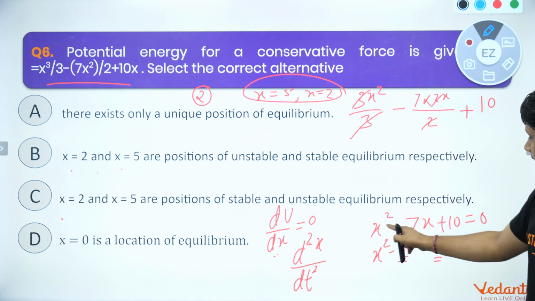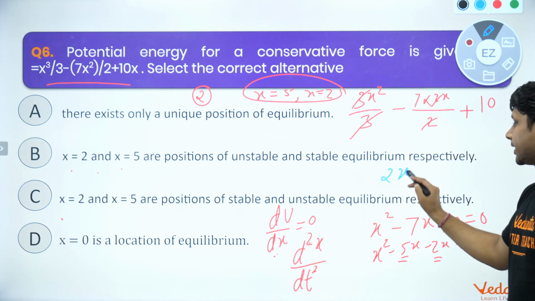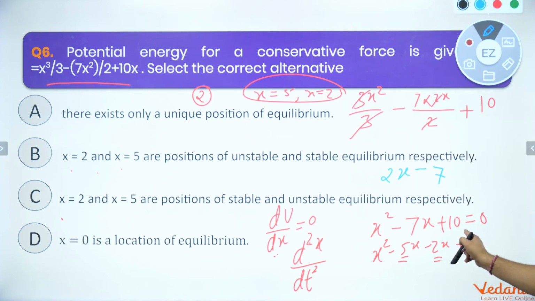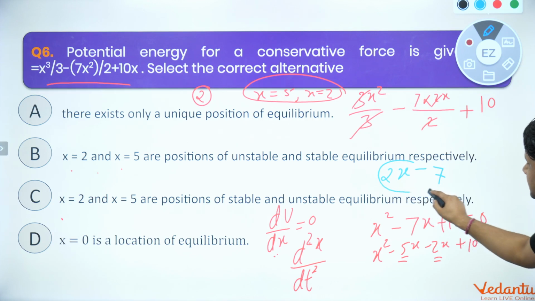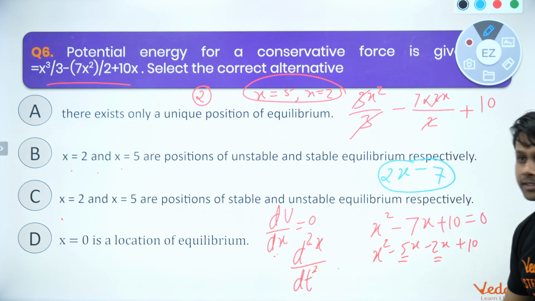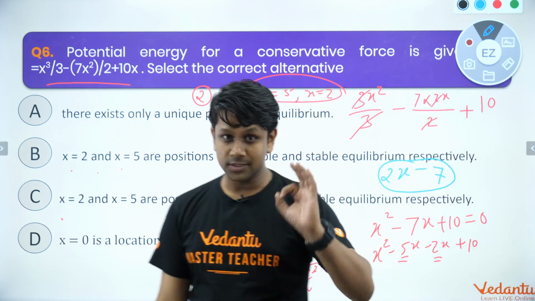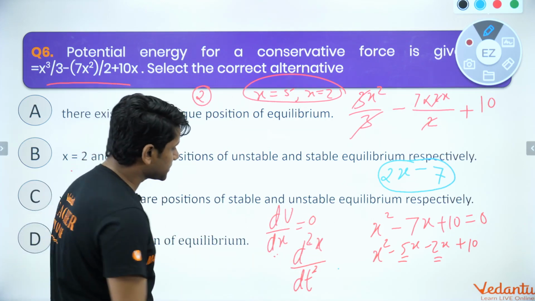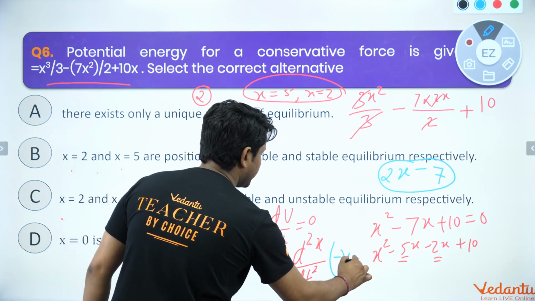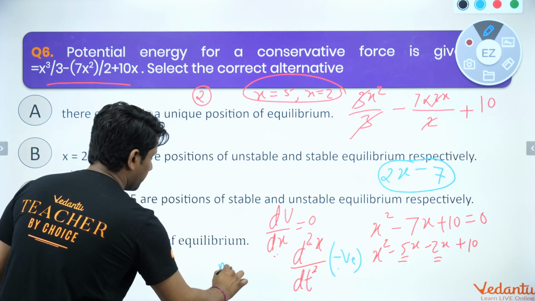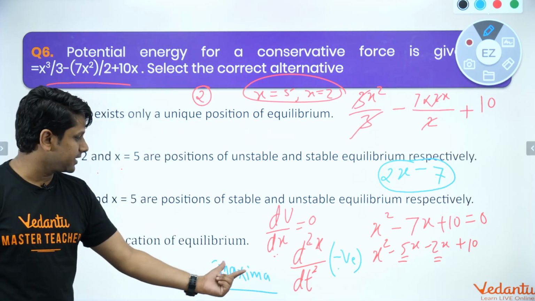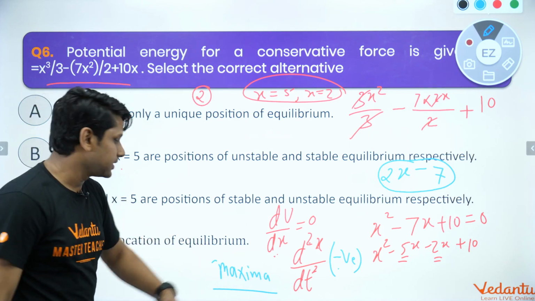एक बार ध्यान से देखो, x स्क्वायर का डिफरेंशिएशन इज 2x, करेक्ट, माइनस 7x का डिफरेंशिएशन इज 7, 10 का डिफरेंशिएशन इज 0। तो 2x माइनस 7 विल बी आफ्टर डिफरेंशिएटिंग दिस। अब आई डोंट नो इफ यू नो दिस और नॉट, आई एम टेलिंग यू, if d2 by dx comes out to be negative, that means it is maxima। बेटा ये कंसेप्ट है मैथ्स का, अगर d2 by dx नेगेटिव आता है ना तो मैक्सिमा होता है,